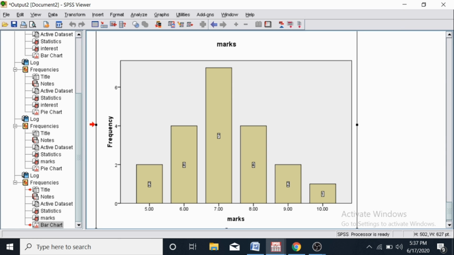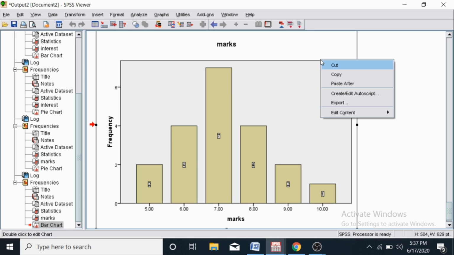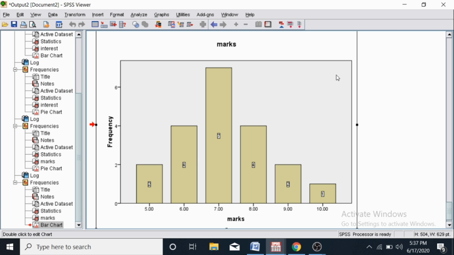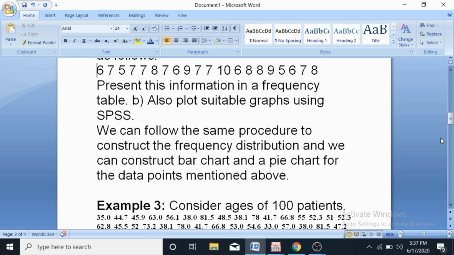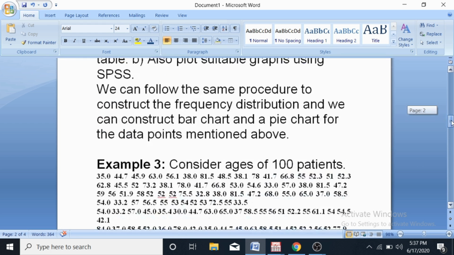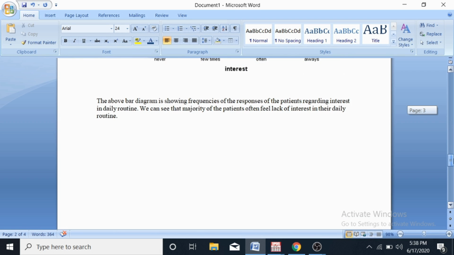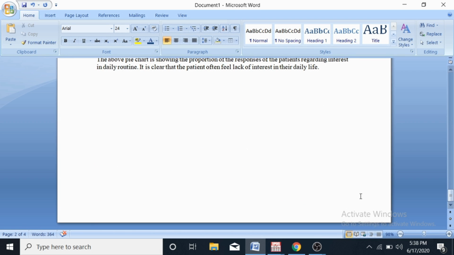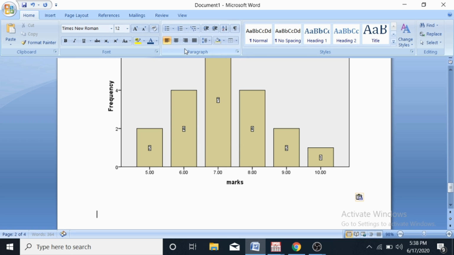And these are the marks of the students. Now I am going to copy that, and we are going to paste it on our Word file, because again we need to conclude the data. So this is the bar chart, and it is showing the total marks of 20 students, and this is clearly